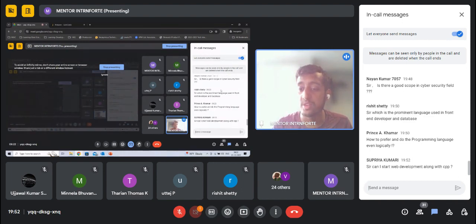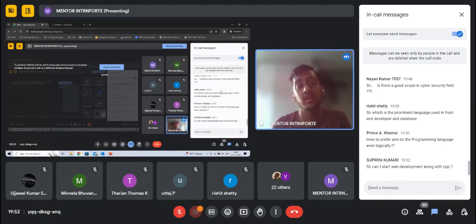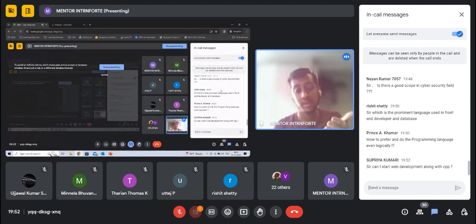Prominent language used in front end development? Okay, Rishit, I would say that for front end development, it's mostly Angular and React that is used. Those are the two most common frameworks. But again, these skills are transferable, right? As a fresher, if you just show an interest to learn and say, hey, I can pick up any new technology, a lot of times that will go a long way. If you do have experience in one of Angular, React, these kinds of frameworks, then that's definitely a plus point.